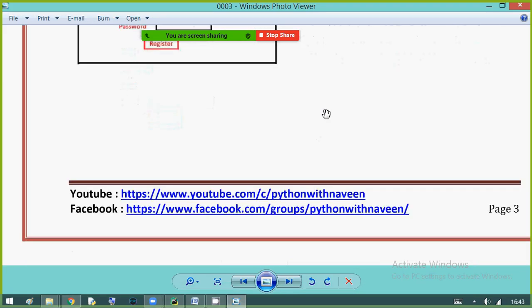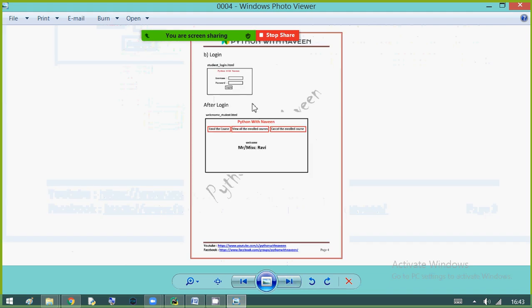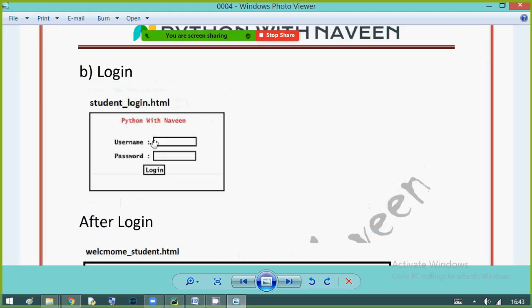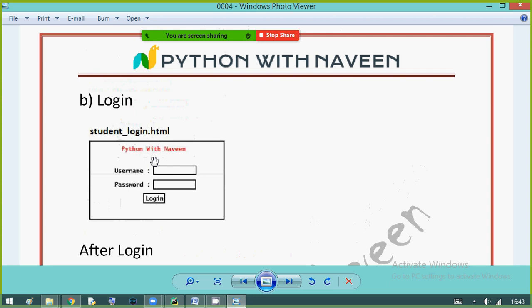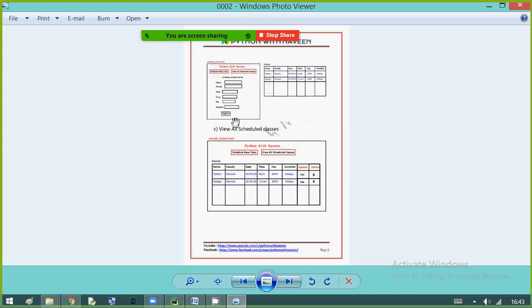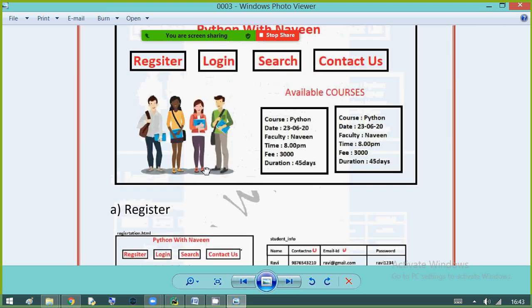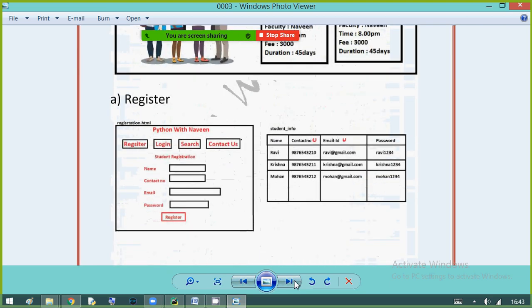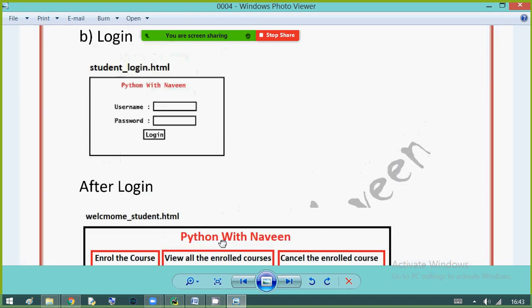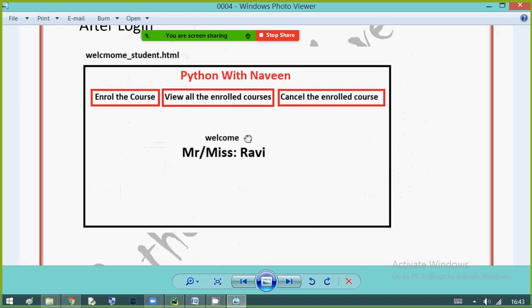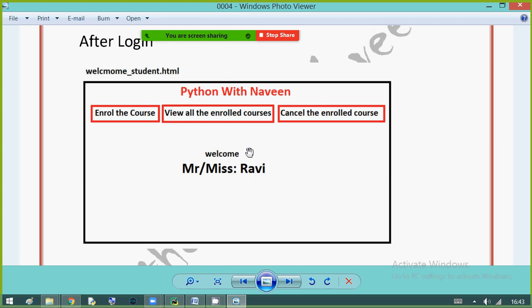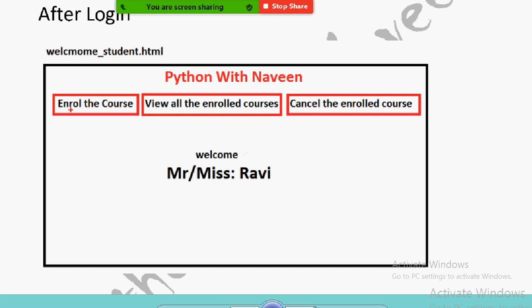So once the student registers, the student needs to log in. Once again I am reminding that this is the student page: need to register, then after login, the student will get a welcome page, like you can see on the screen, where the student can enroll in a course, view all enrolled courses.